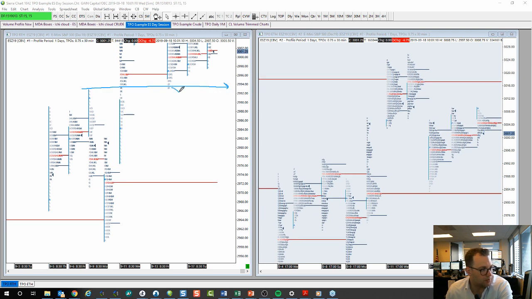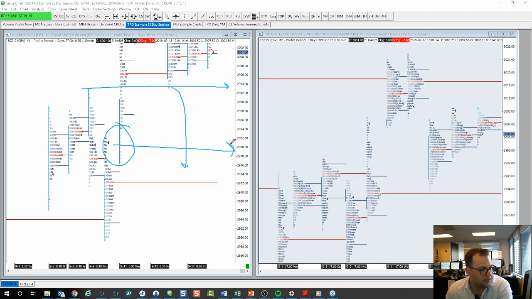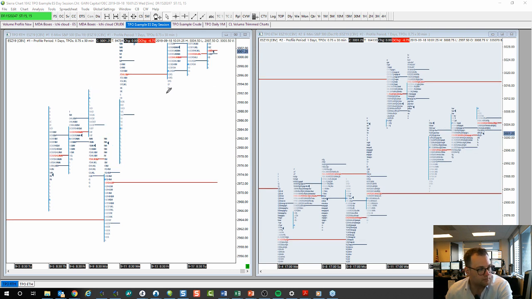So if we break this, we're breaking into this range. There's a lot of room for this to maybe run into these 80s, 82s, 78s, and this is just looking at no real price action, just time, how long we spent at these prices. So this area, to me, is a favorable bearish trade setup.